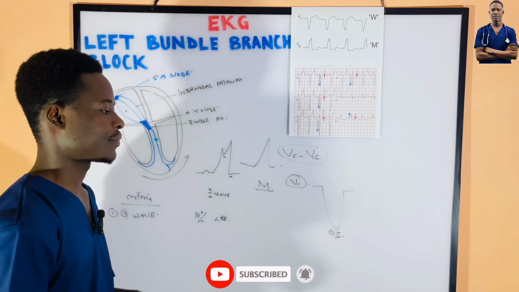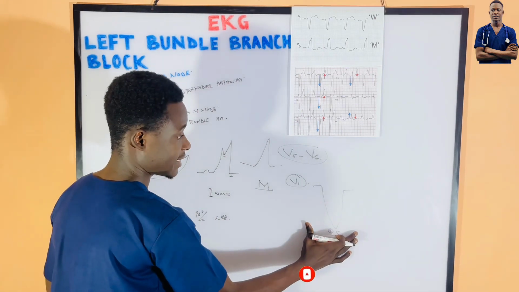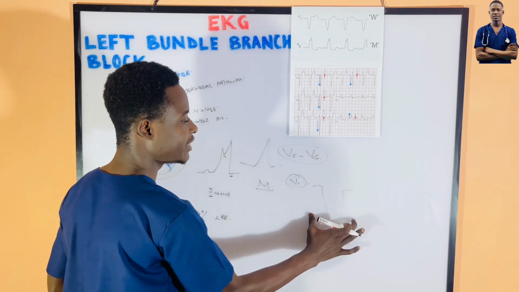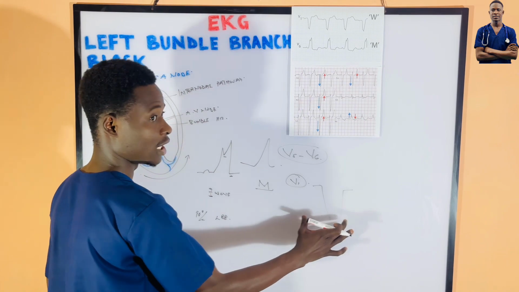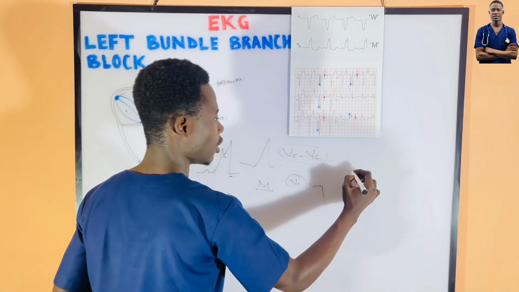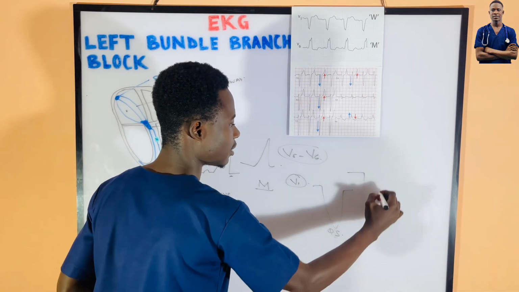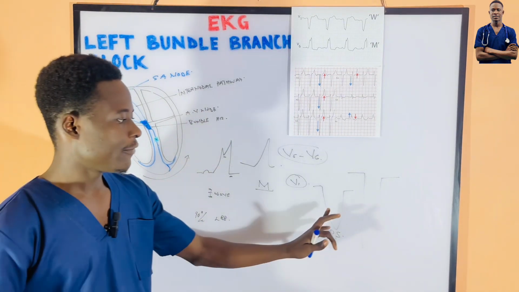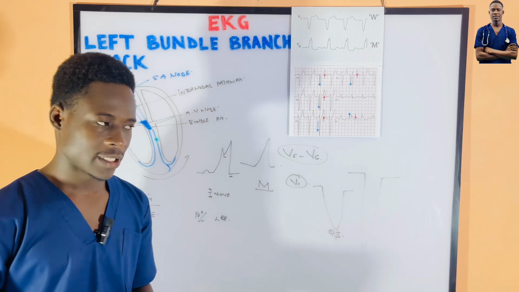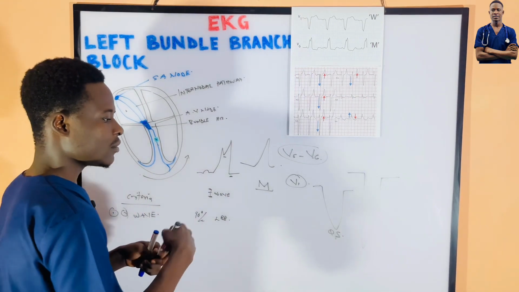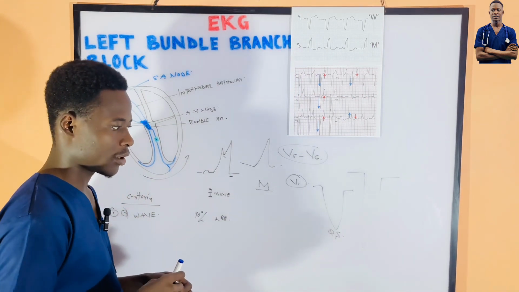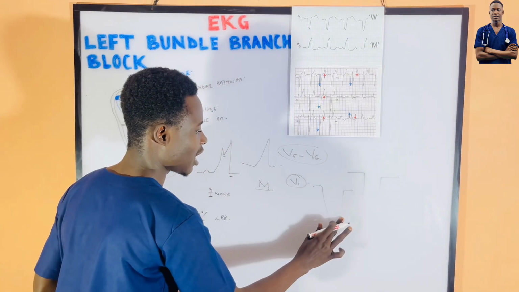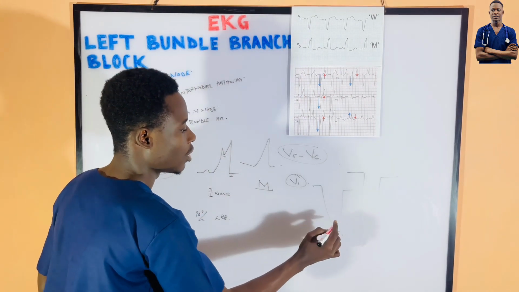This is QS. So this QS is very deep. It's very long. On a normal sense, you won't see it in that way. So this is what? A very deep QS complex. And then sometimes the QRS that we are having can also